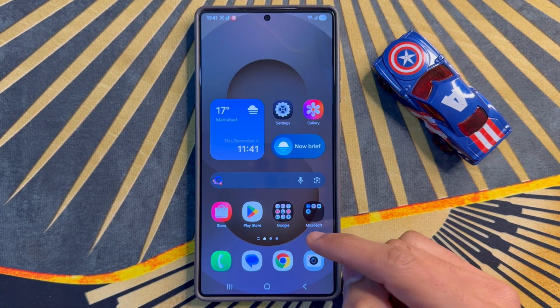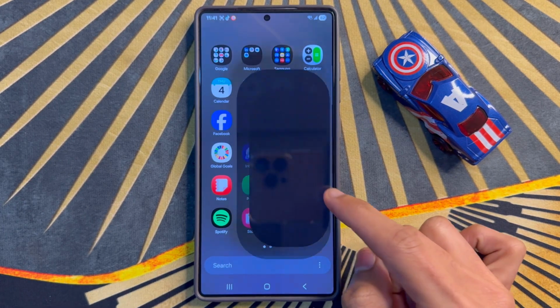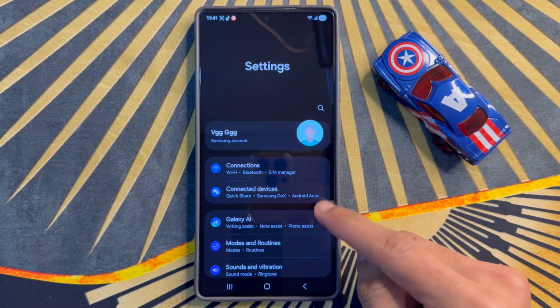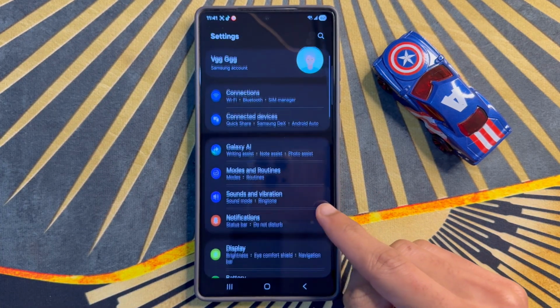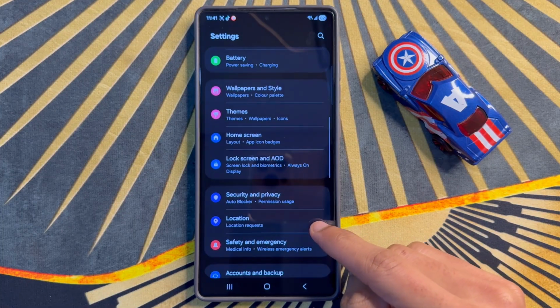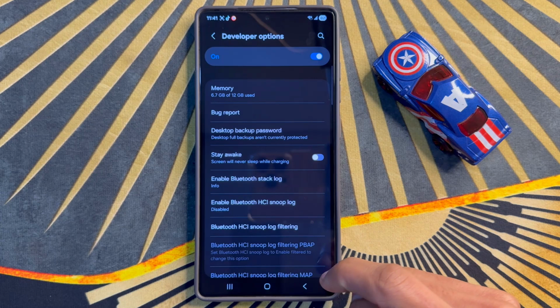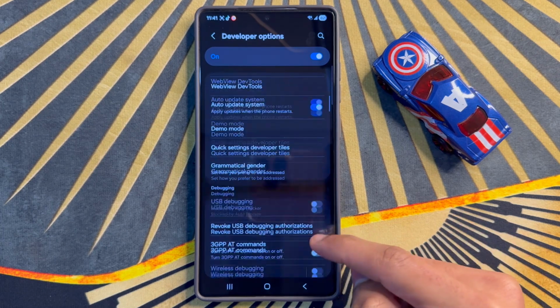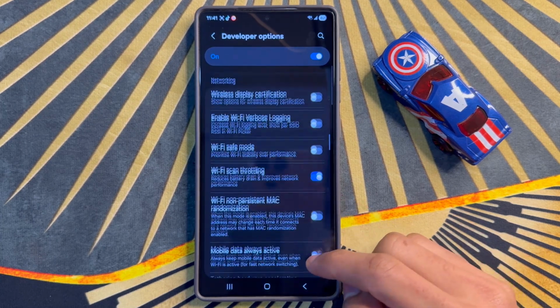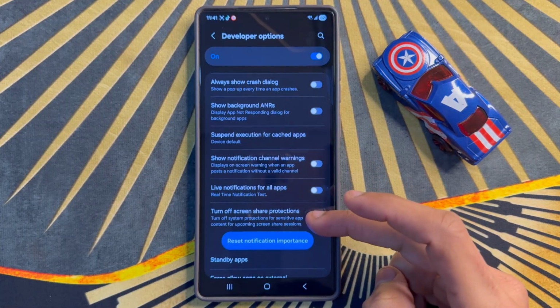First of all, go to app library. Now here, click on settings app. Now in settings, scroll down and click on developer option. So after clicking on developer option, scroll down and you will see